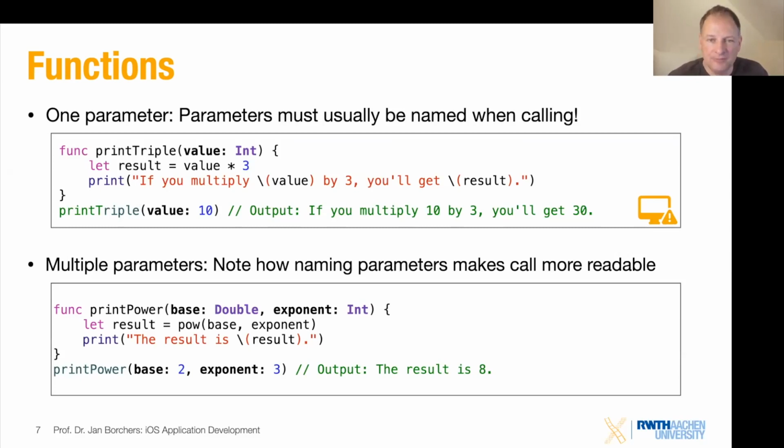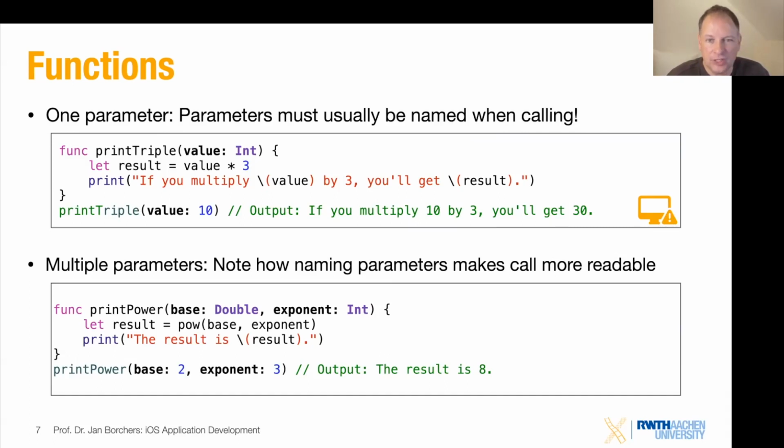Well, first of all, you don't really need to type it out because Xcode has excellent autocomplete functionality. So you will quickly find that you hardly ever type these things out in full. You just start entering print triple, and then it will give you a complete template for that thing. And with tab, you can easily jump to the various things you need to fill in, and you normally don't need to type these things. But they are there once the code is written for somebody else or yourself, 3 weeks from now when you don't remember what you did there, to read your code and find your way around it.